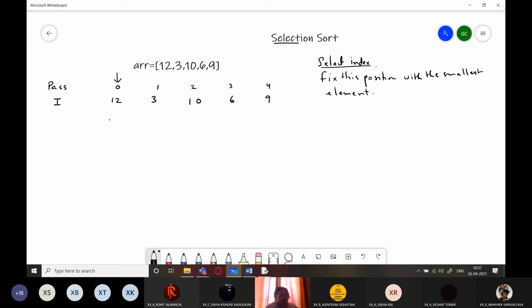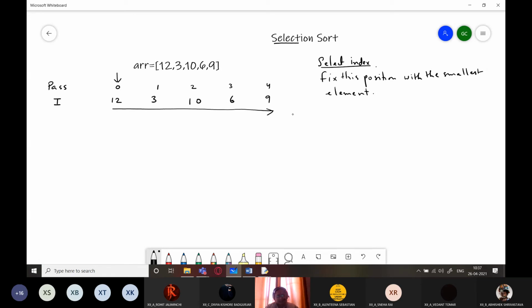And how are we going to do it? Now, we have to understand what passes are. Passes are the number of times the sorting algorithm will take to sort the elements. In each pass, the algorithm will traverse the entire array from left to right, starting from the first element and ending at the last element.